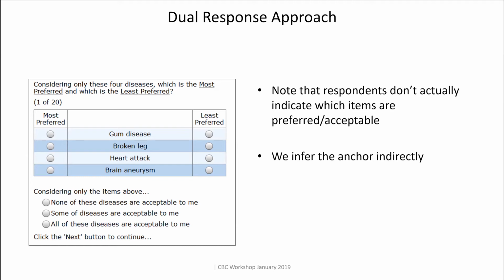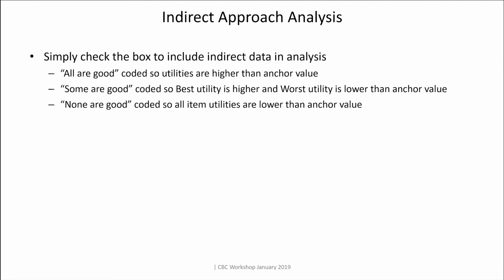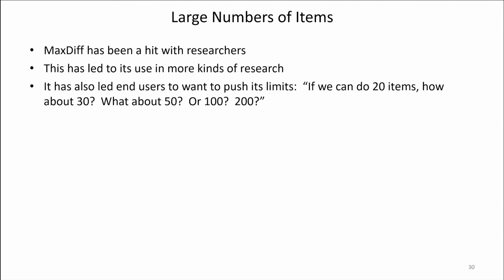So it increases the effort of doing the MaxDiff task. But all we have to do is have the respondent check a box, and we can infer then analytically where the anchor is. I mentioned that MaxDiff has been a hit, and that's led to it being used in more kinds of research, and also it's led to people